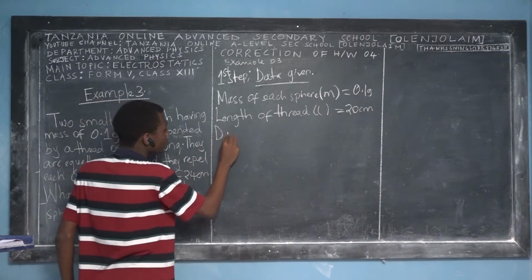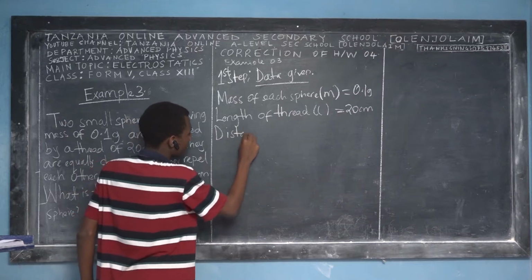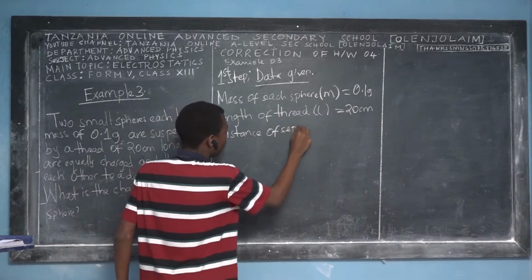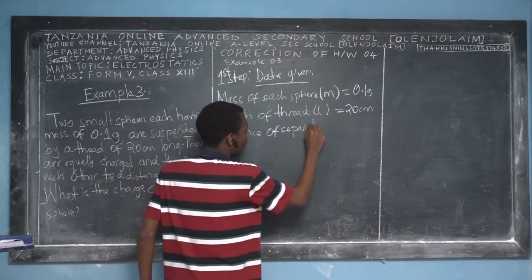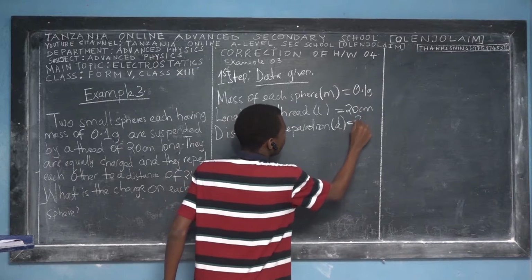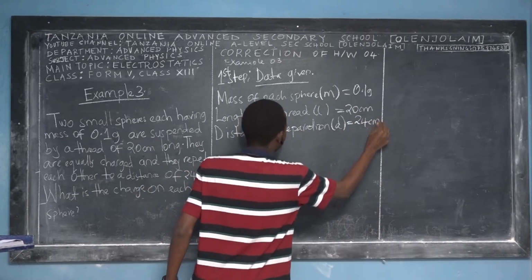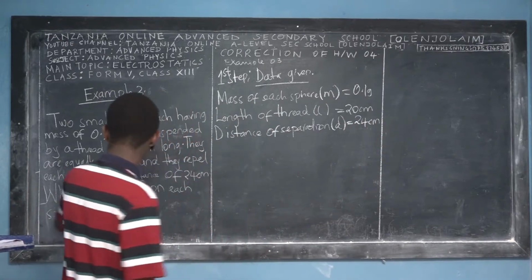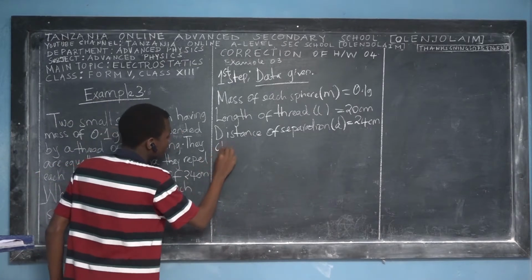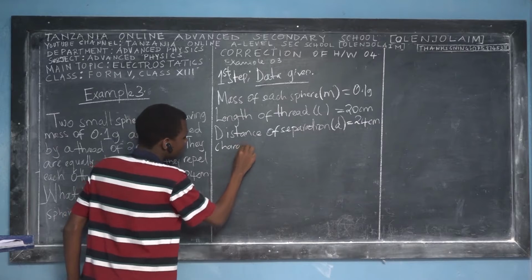So this is the distance of separation. The distance of separation, in bracket, D is equal to 24 centimeters. What is the charge on each sphere? So, charge on